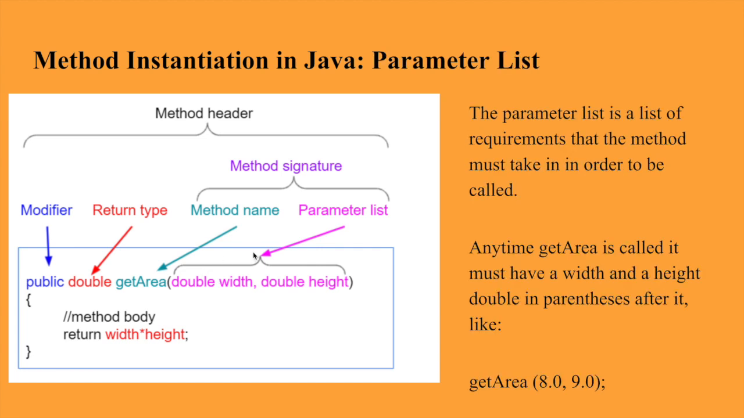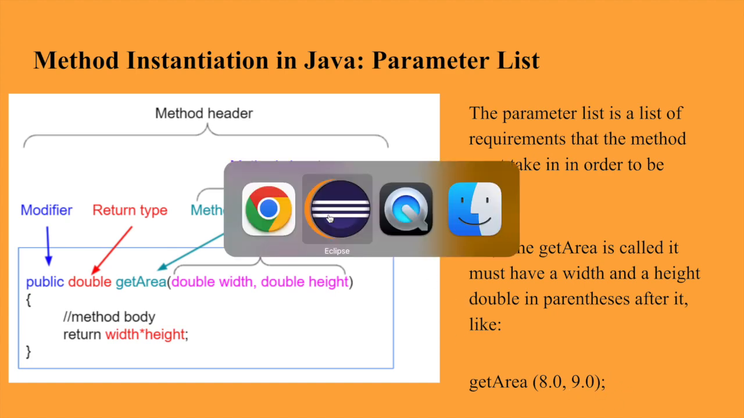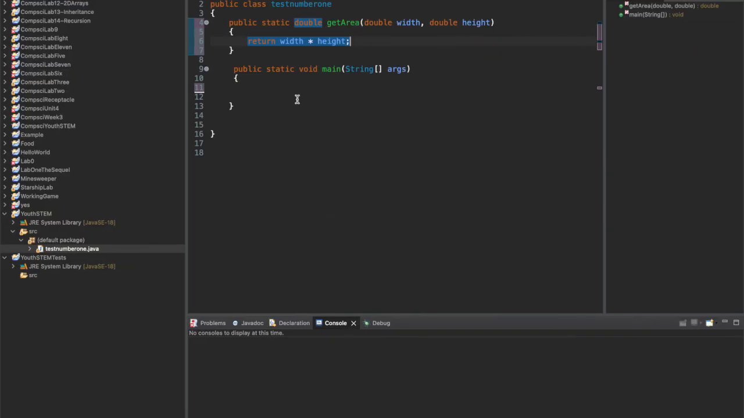All right, you got that? And the parameter list is a list of requirements that the method must take in order to be called. Anytime getArea is called, it must have a width and a height double in parentheses after it, like getArea(8.0, 9.0);